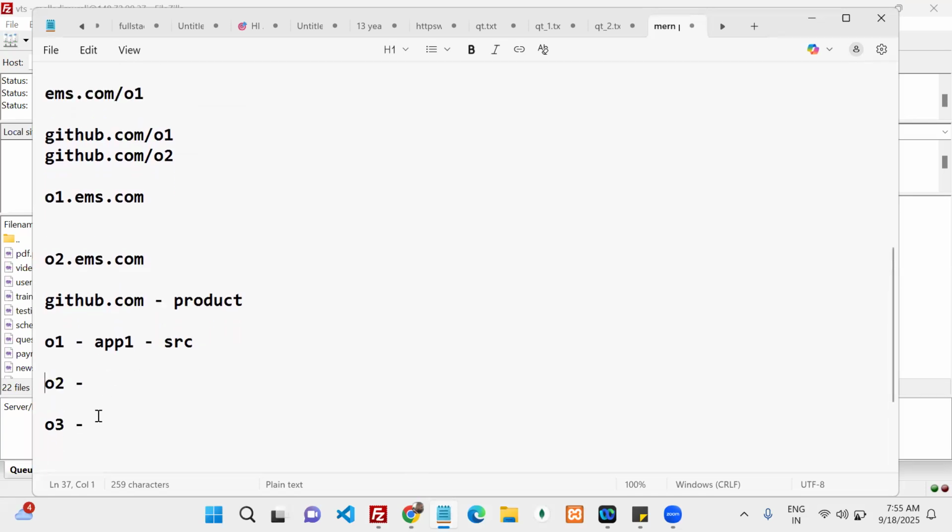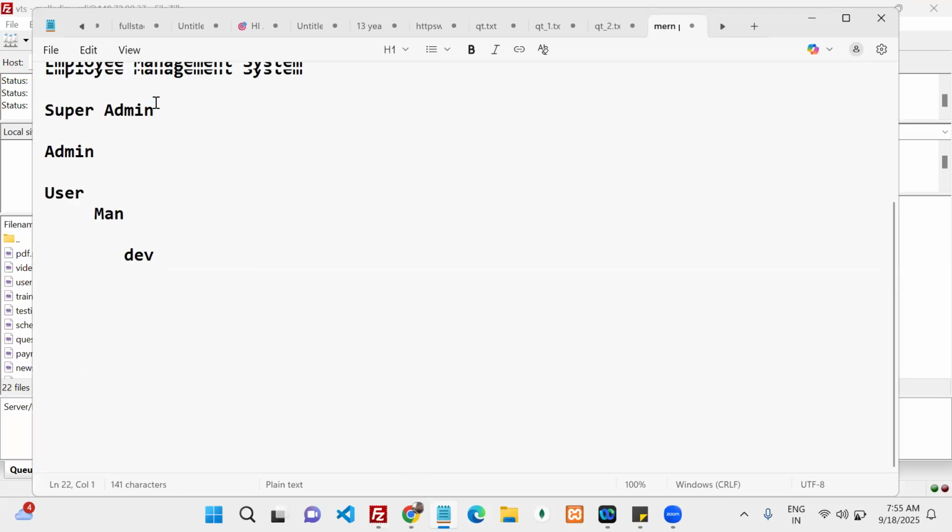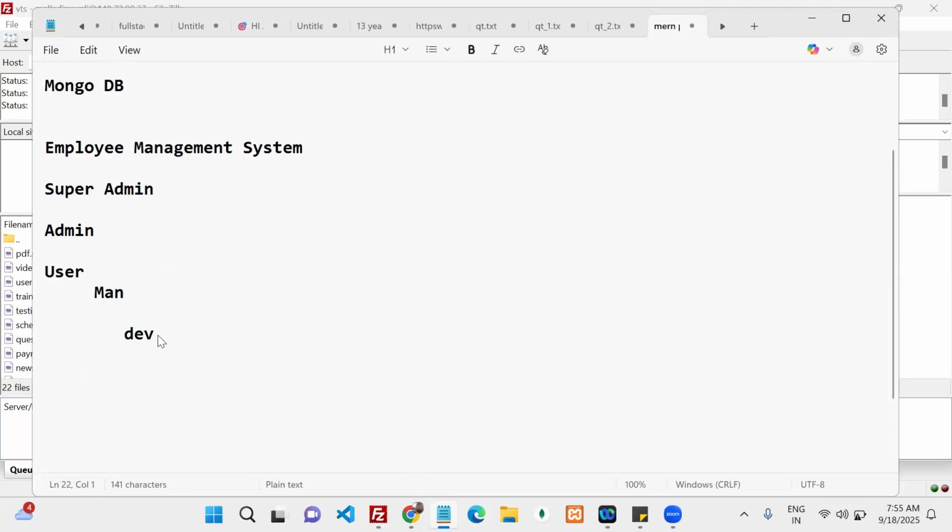So applications wise, tell me. Now we are maintaining three roles: super admin and admin. Under admin we have the users. Whenever you go to slash organization one, you can see whether your employees and everyone can log in or not. That is the organization, and in the organization we have users.